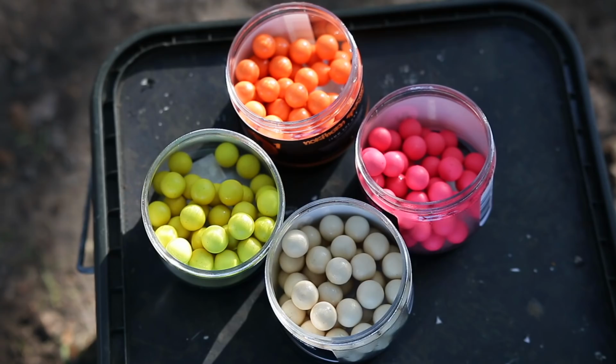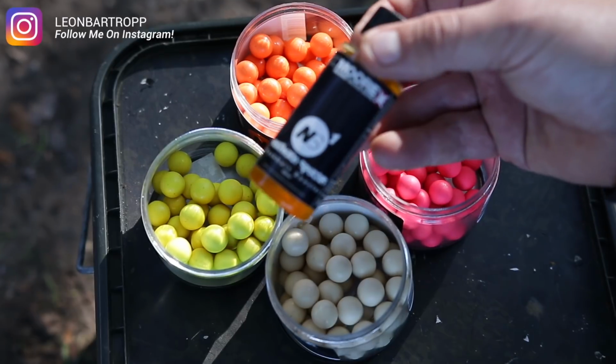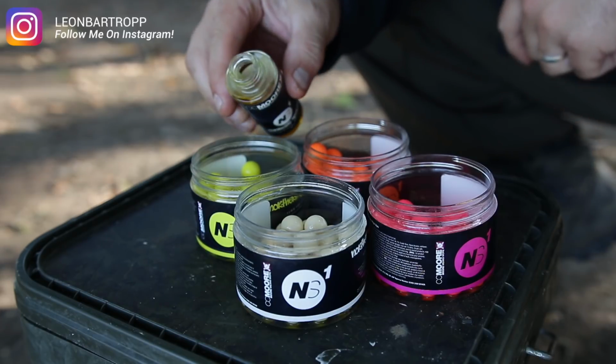Now I get my 4 colours, pink, yellow, white and orange, and I use 2 liquids. I use a sweetener and I use the dedicated spray liquid for the Northern Specials. You can use it with whatever bait you're using, your company, there will be a dedicated booster liquid or something like that, and just spray it on or pour it on, and again, glaze it up, give